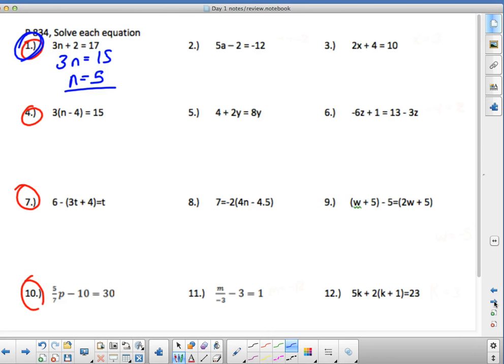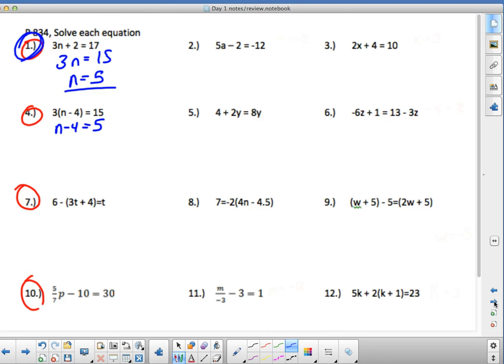Okay? Now, in number 4, we will do it a couple different ways. In problem 4, I'm looking at the fact that I'm going to divide by 3 first. Because if this was just 3x equal 15, to find x, I would divide by 3. I'm going to treat the n minus 4 like it's x. So if I divide by 3, n minus 4 is equal to 5. Now, this solving method, it's not really a trick. I just chose to divide first instead of multiply and distribute. Okay? It allows me to do this faster,